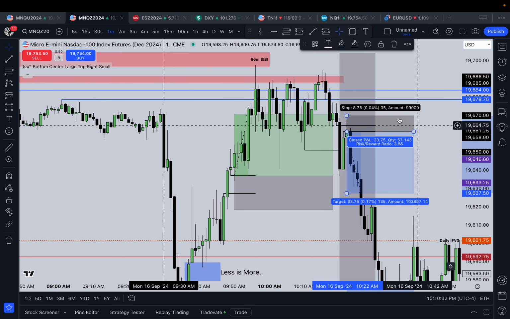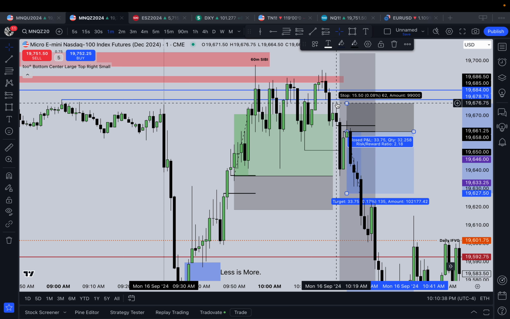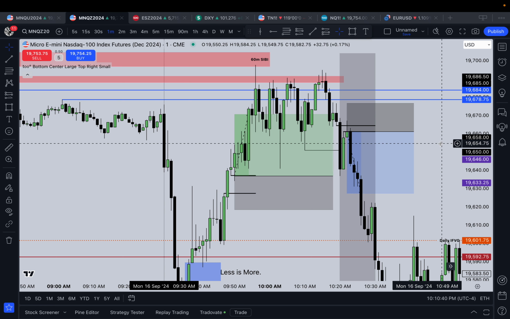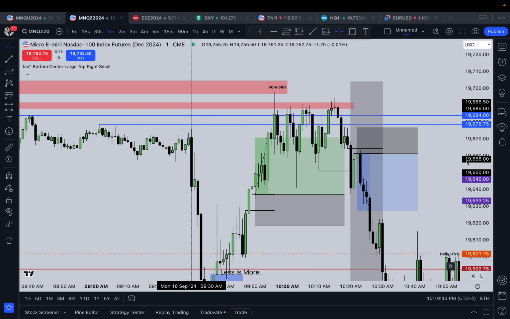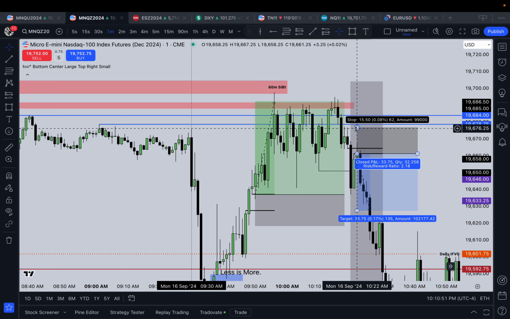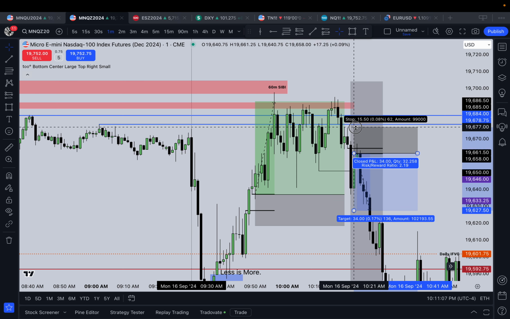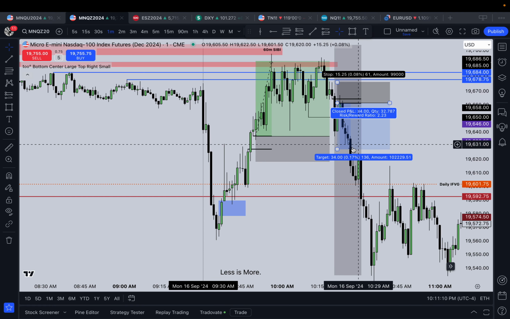But for me, I wouldn't be comfortable placing my stop here, because this is a very small fair value gap, so I'd be more comfortable placing it above the third candle, or the first candle's high. Again, it requires experience for stop loss placement and your take profits. But over time you'll start to see where a reasonable place for a stop loss is. Like this right here is a reasonable place for a stop loss. This right here is kind of reasonable, it makes sense, but you're going to have a very, very tight stop loss, so I wouldn't be comfortable having a stop loss there. I'd put mine up here. Again, it's also just what you're comfortable with.